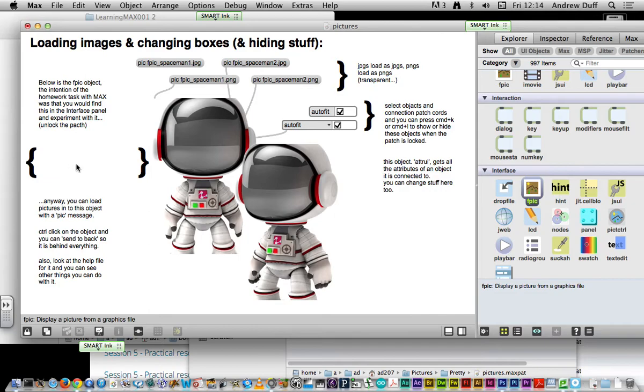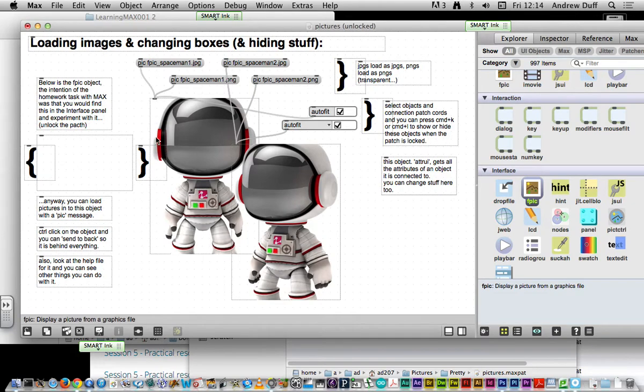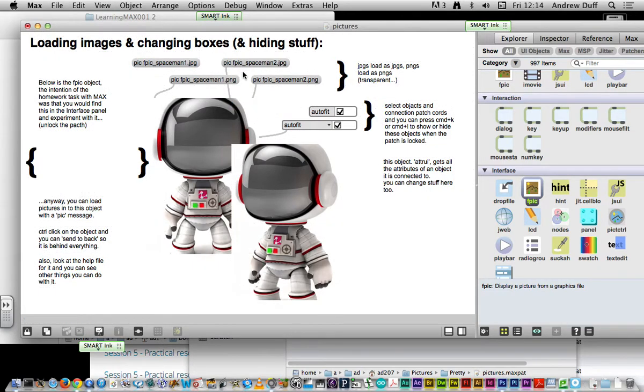So what have we got? We've got that object there. You're sending it a particular message, pic, and then it looks like the pictures themselves have to have been named fpic underscore and then the title of the image. This is set up with JPEGs at the moment in here, so you can see that one JPEG is on top of another,